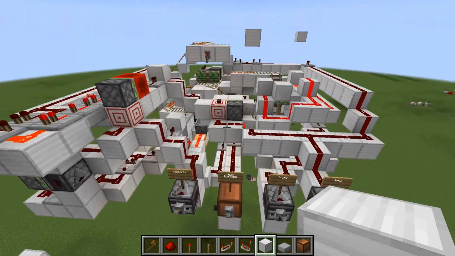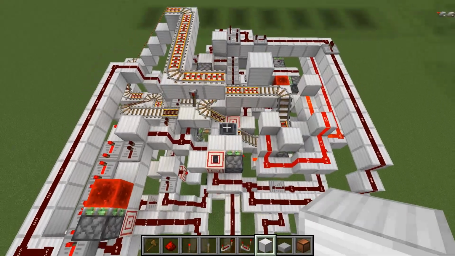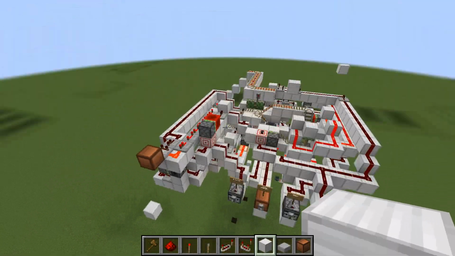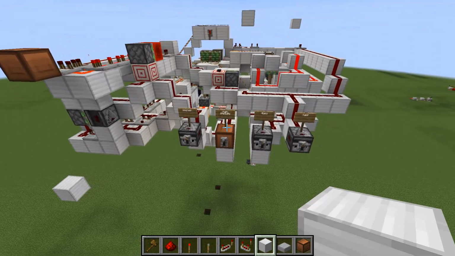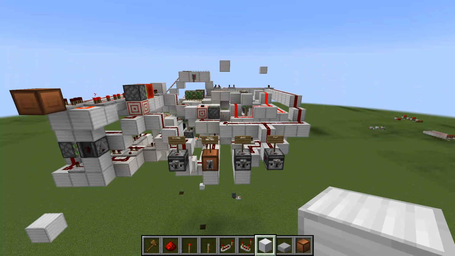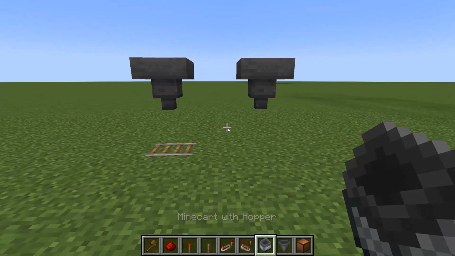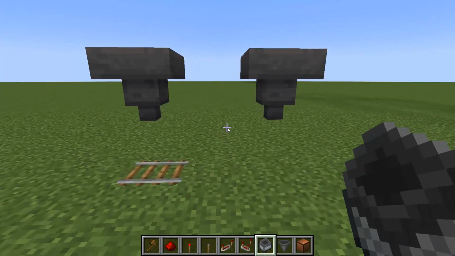So it all started when I had an idea of making some sort of device that I can give a pulse to. It can save that pulse and then recreate that pulse whenever I wanted. And the first thing that came to my mind was using hopper minecarts to store the items to gauge the amount of time the pulse was. And let me explain why specifically hopper minecarts: one, they can be moved, which you cannot actually do with hoppers unless you have some sort of special mod involved,